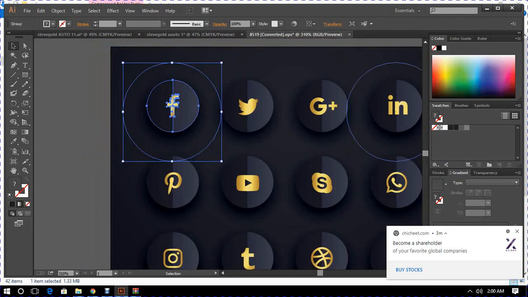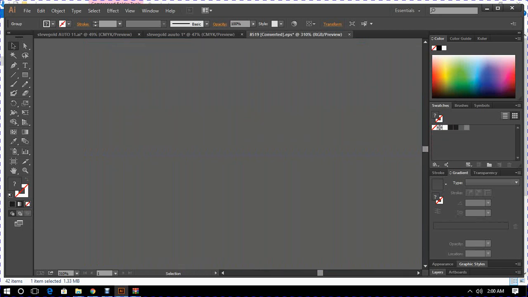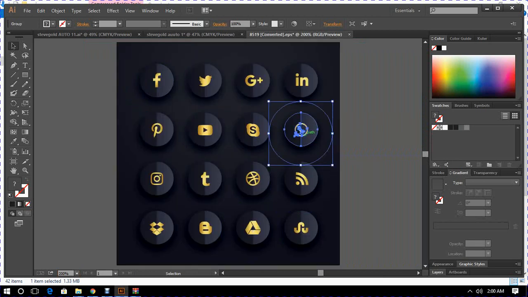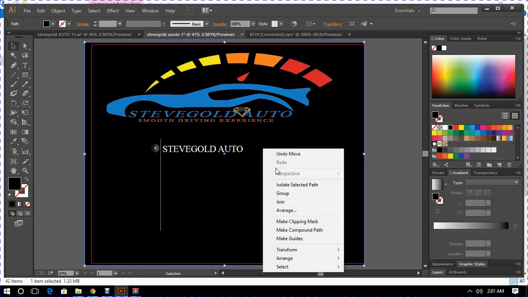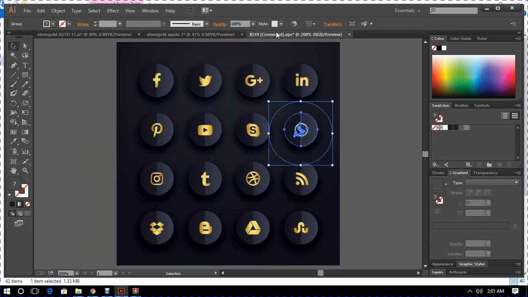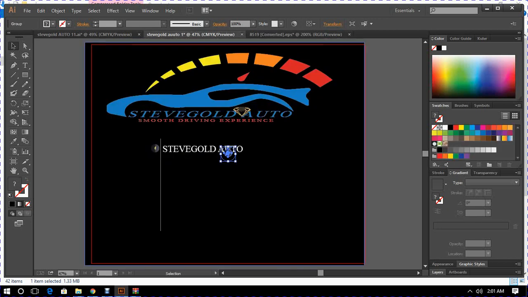Get another icon. Get WhatsApp. Copy it. Come here, paste it. Get another one, Instagram. Copy it. Come here and paste it.